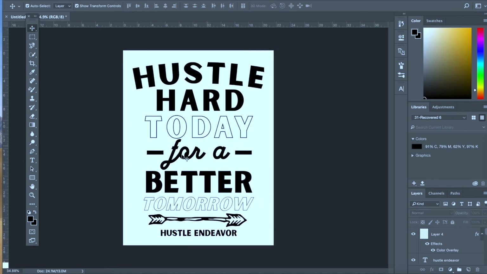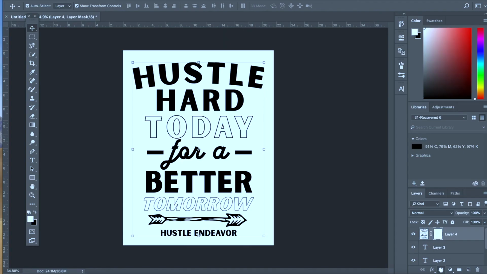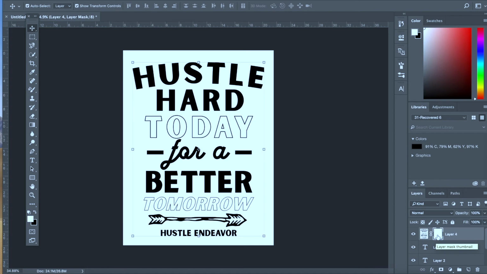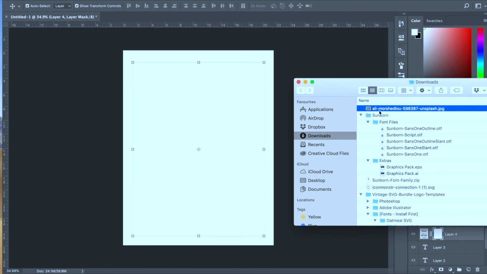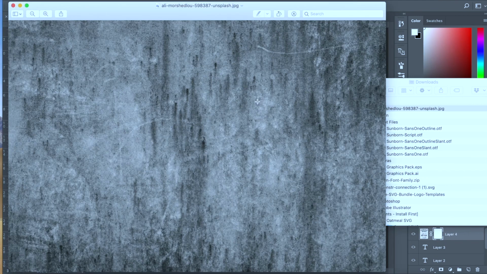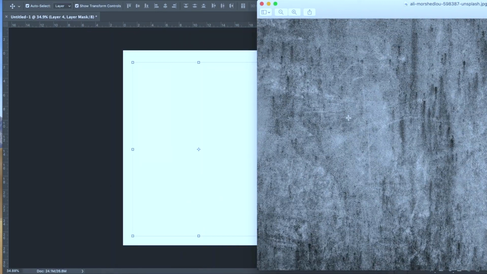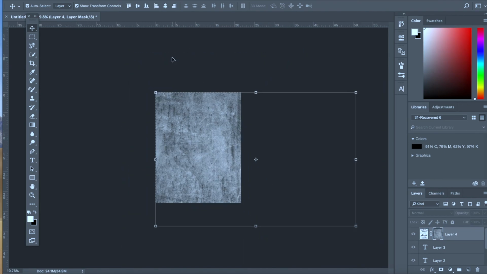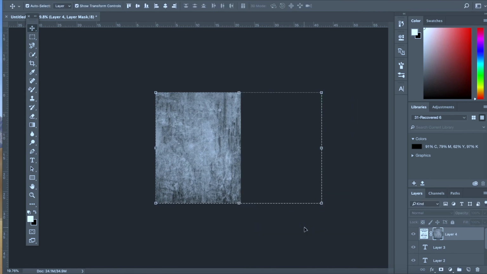Now we're going to add a final effect on this. So we're going to select everything, highlight everything, and we're going to go to layer mask. Then we're going to hold Option and click on this layer mask, and you'll see that it changes it to a white space. Now you're going to want to have an image of a piece of concrete or some sort of texture as well. So I've got this. So you want to copy this, by doing Control C, then you want to select this, Control V. That will paste it in the layer mask, and you just want to make sure that the texture goes over the whole image,